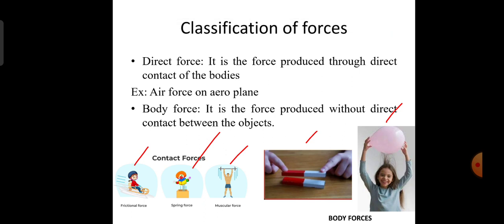Contact force is generated or produced due to the direct contact between the objects, and in body force, without any direct contact between the objects, the force is produced. So next is